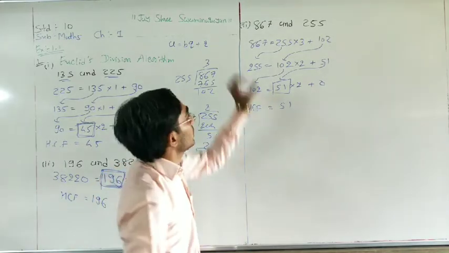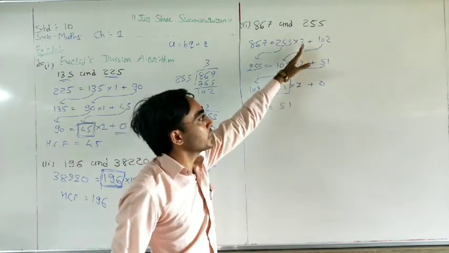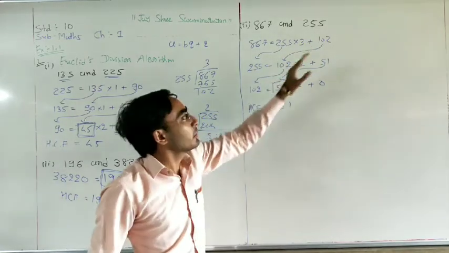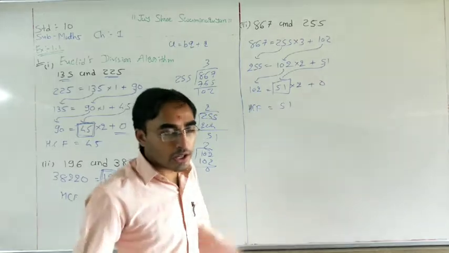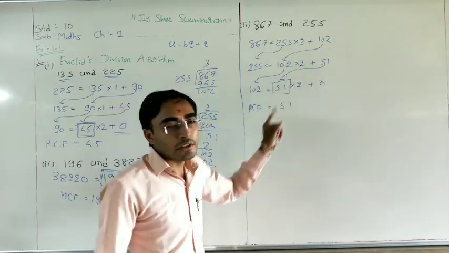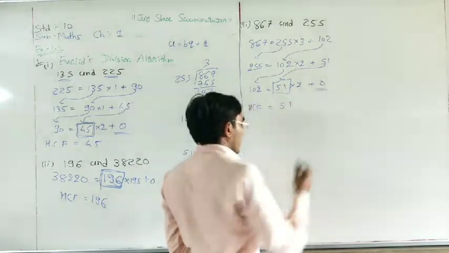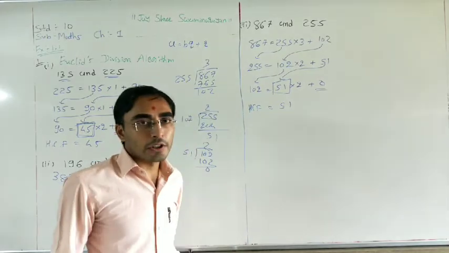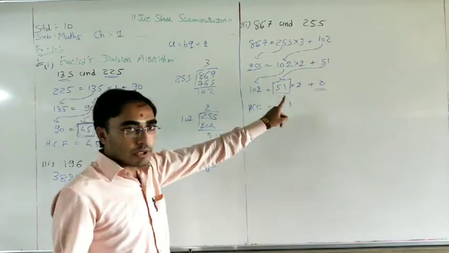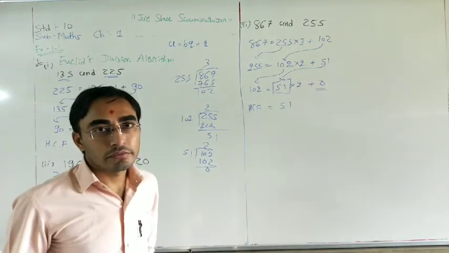Okay, so first of all, big number, small number, do the division process: your quotient here, remainder here. Then this number, 102, you need to write here, that means the remainder you need to write here. Again do the division process, quotient, remainder, this number here, remainder here, again the division process. If we get the remainder r equals 0, then we need to stop our algorithm. Okay, this is your final answer. Here after the equality sign, our first number is the answer of HCF.